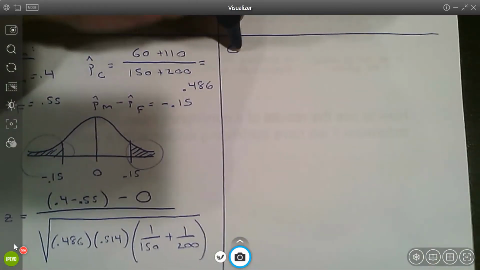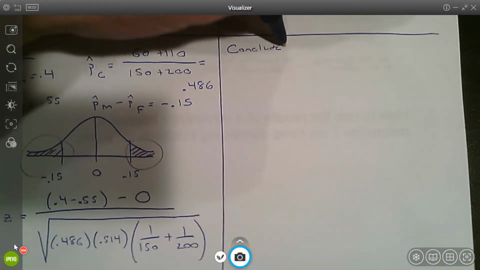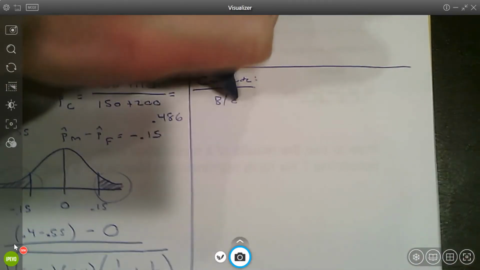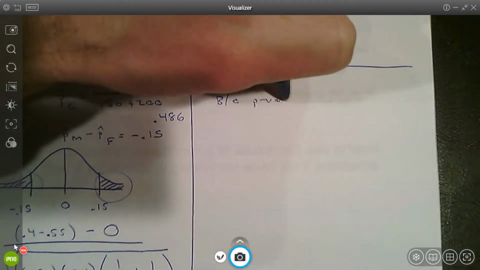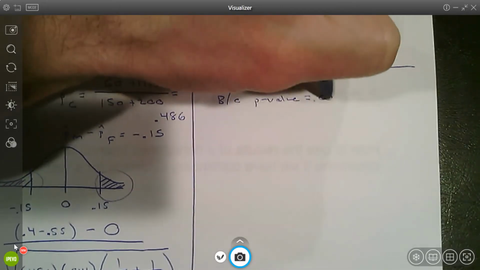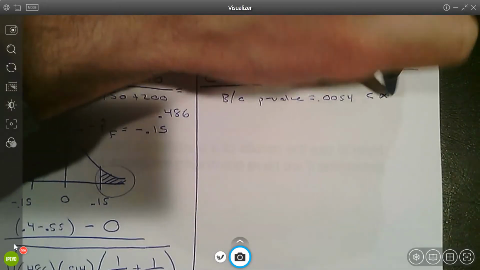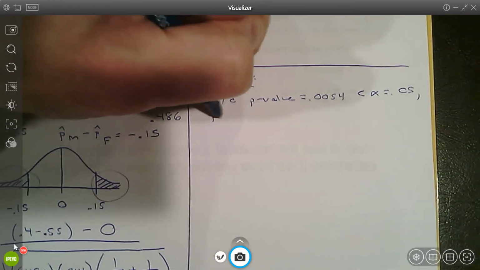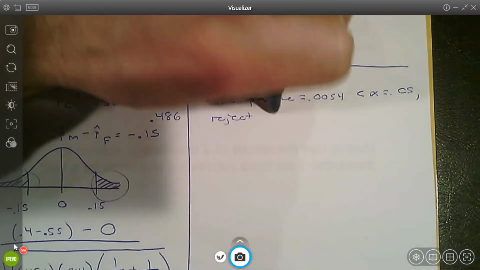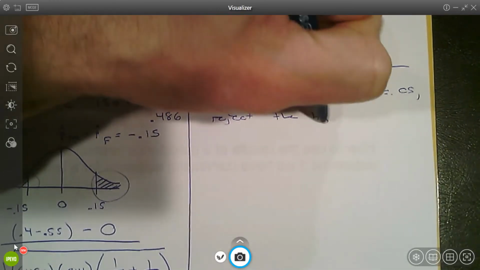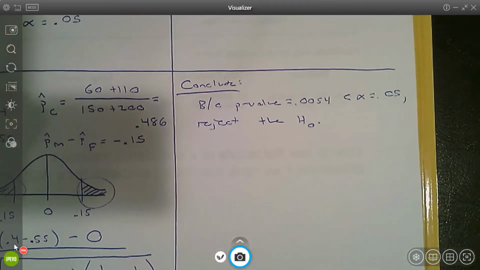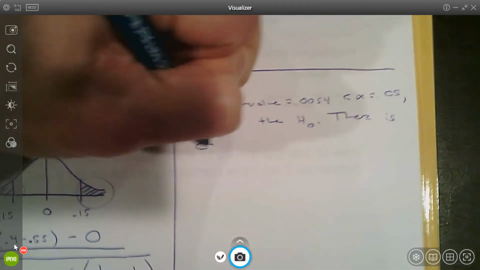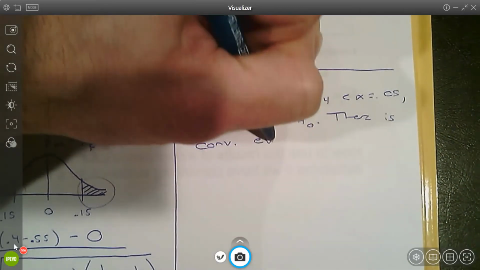Now we're on to conclude. What we're going to do here is that 3-step process, because the p-value equals 0.0054 is less than alpha equals 0.05. That's the first step. Step 2, make a decision about the null: reject the null. That means there is convincing evidence